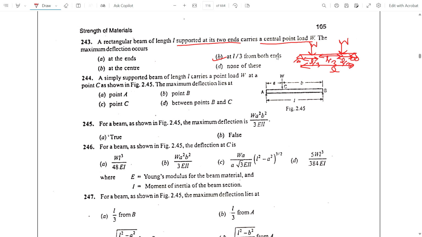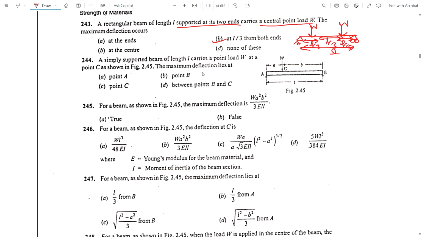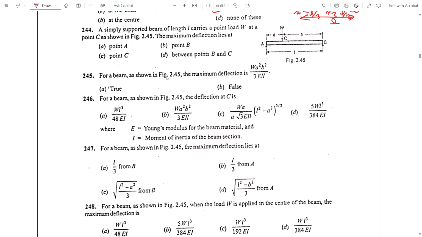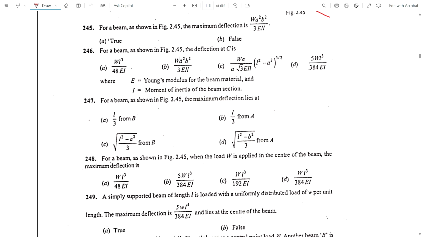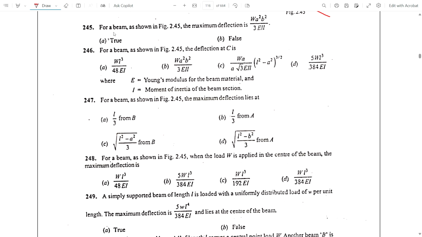Now come to 244: a simply supported beam of length L carries a point load W at a point as shown in the figure. This one, maximum deflection lies at where? Maximum deflection will lie in between B and C. Then 254: for a beam as shown in figure